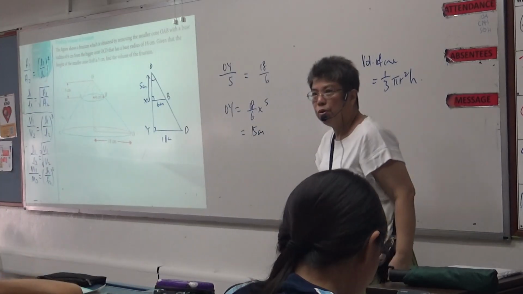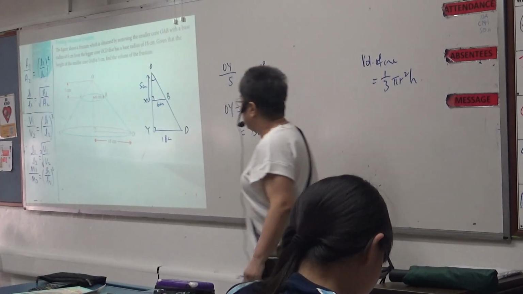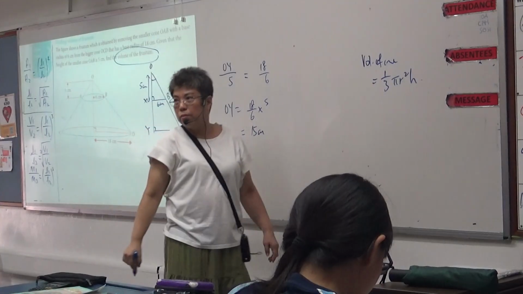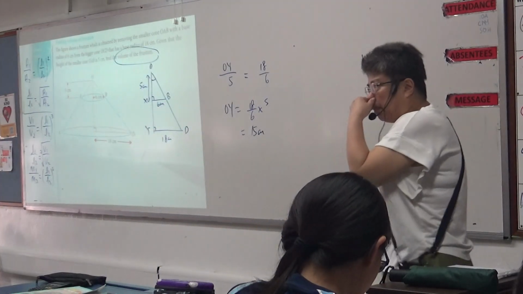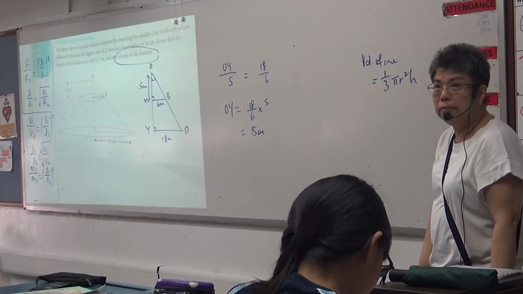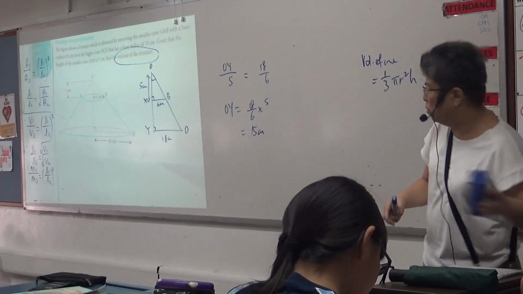Alright. 15 cm. Everybody okay? Can or cannot? Now, they ask you for the volume of the frustum, right? That means I must take big cone minus what? Small cone, right? Okay. So, volume